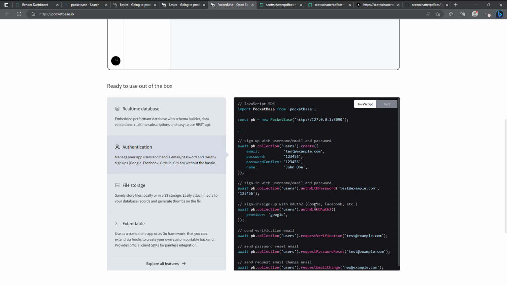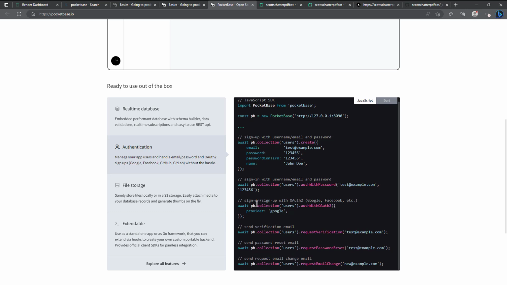And then it does the authentication, and also sending the verification email. That has to be set up in Pocketbase, which is really easy to set up. You just have to have an SMTP account somewhere. And if you have that, then you can go ahead, and it's basically one line of code here. And then you send the password if you're going to do a password reset, or send a request email